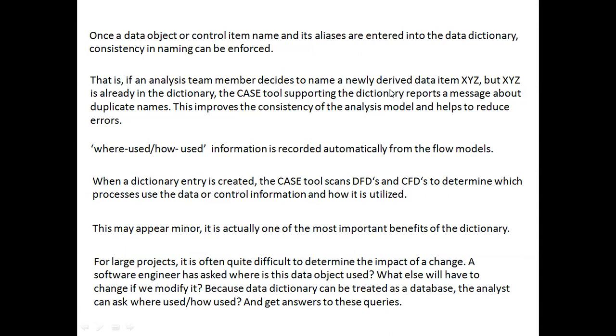That makes our data dictionary proper, meaning we can retrieve a particular data.